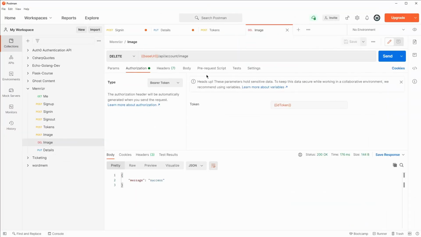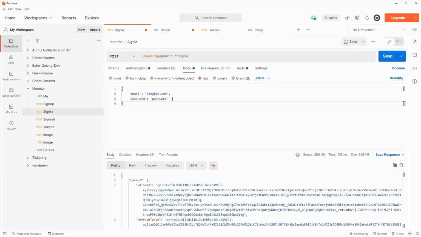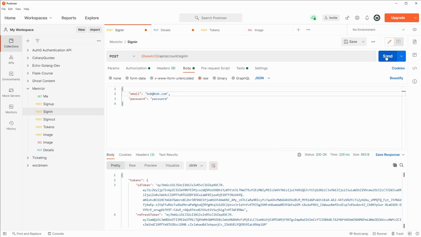So I'm now in Postman where, I guess, I'm at the delete image endpoint. We don't want to do that yet. Let's go to sign in our bob@bob.com user. And I have this base URL, which is our malcorp.test/API/account sign in. So let's sign the user in. I have some scripts that will automatically set the auth header for me in the other endpoints. So we can actually just go to the post image